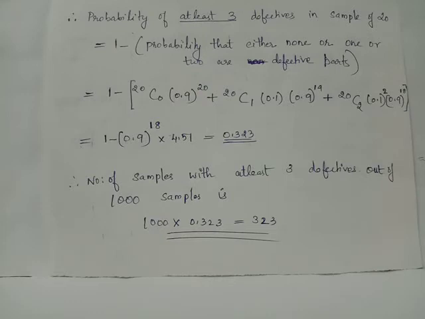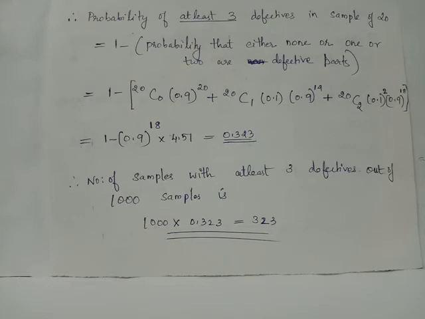If you subtract from the total probability 1 these 3 probabilities, then you will get the answer for the desired probability. To check the probability of at least 3 defectives to be found, we will subtract 3 probability values from the total probability 1. The probability values that have to be subtracted are probability that exactly 0 defective parts are found, probability that exactly 1 defective part is found, probability that exactly 2 defective parts are found. When these 3 probabilities are added and subtracted from total probability 1, you will get the desired probability.